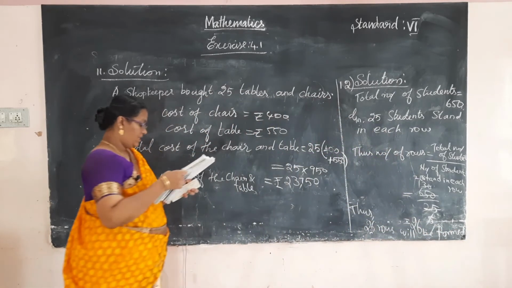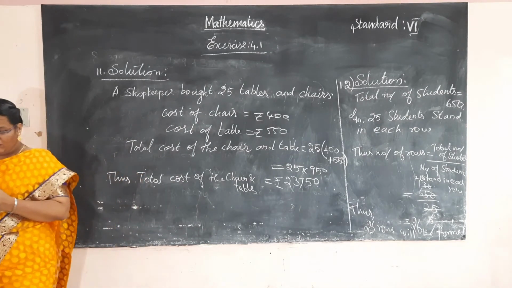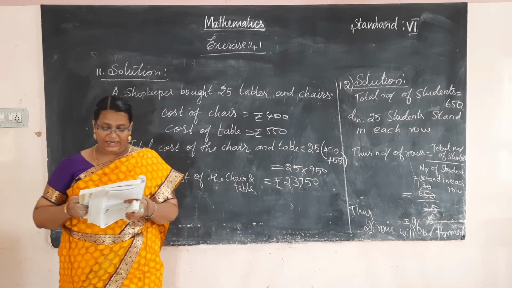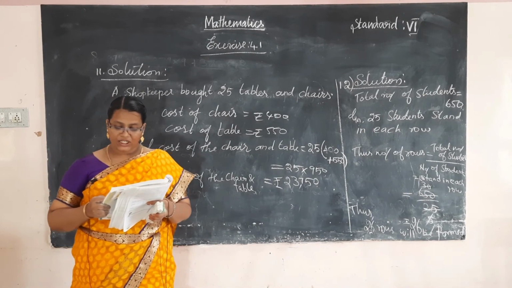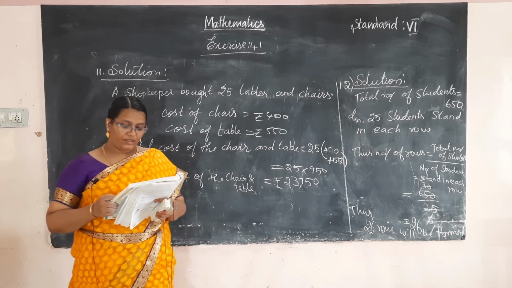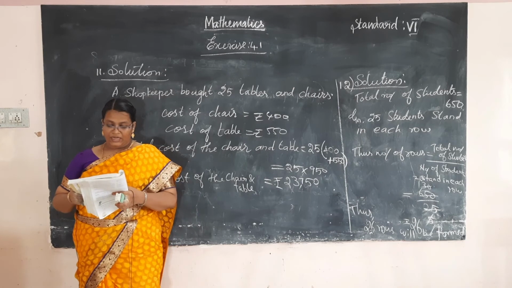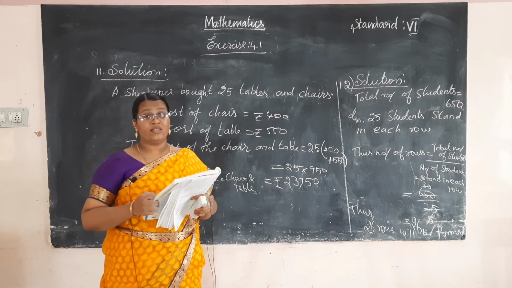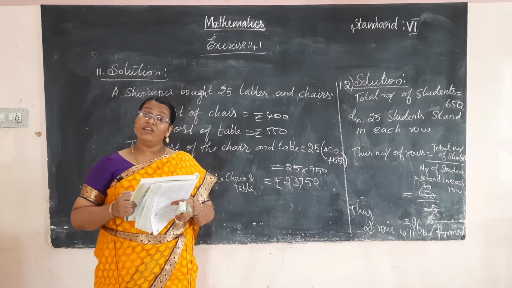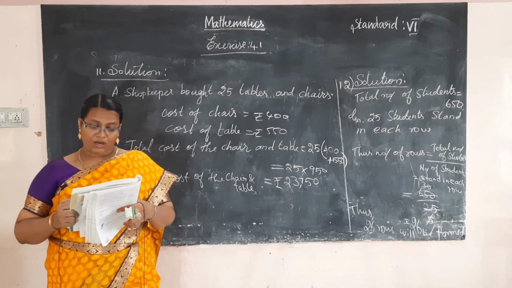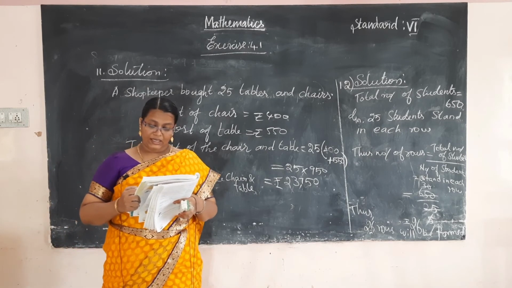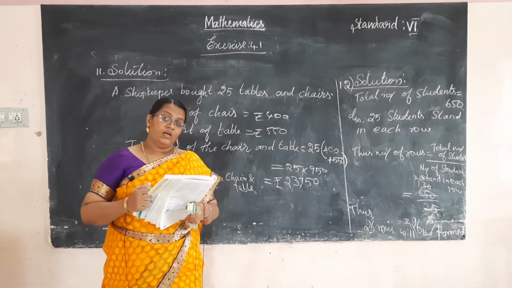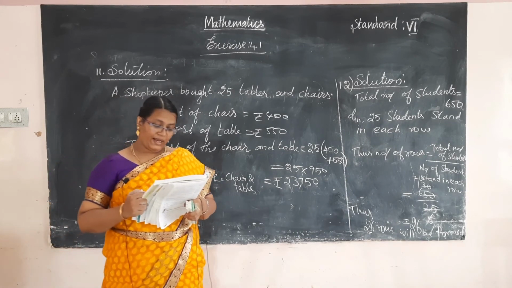Okay, right, and next final one. There are 20 bowls. Each bowl has 12 candies. If 4 candies are taken away from each bowl, then how many candies are left in the bowl? Okay, so there are 20 bowls, each bowl having 12 candies. And 4 candies will be taken away from each bowl. Then how many candies are left in the bowl?